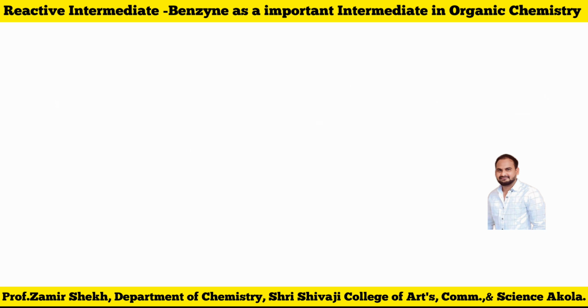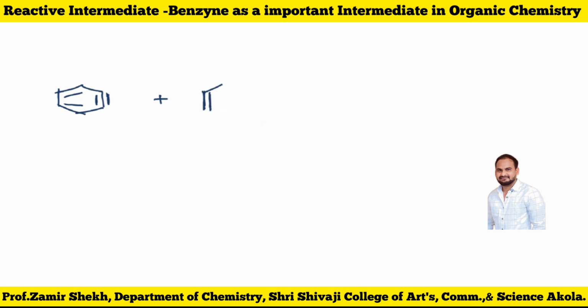Suppose here I prepared that benzyne by a specific reaction. Suppose this is my benzyne, and that benzyne is going to react with some molecule. For example, it is a furan, or you can take a simple molecule like this one. This is a double bond I am going to react here, and here some withdrawing groups are attached to that double bond. What type of reaction is this?